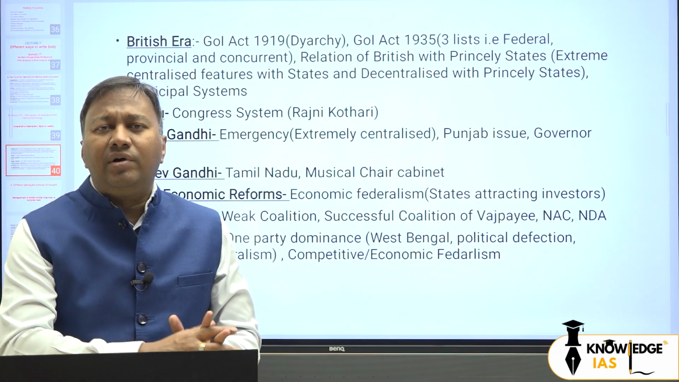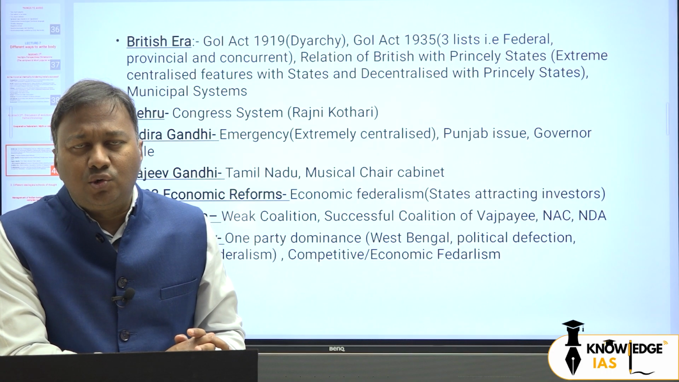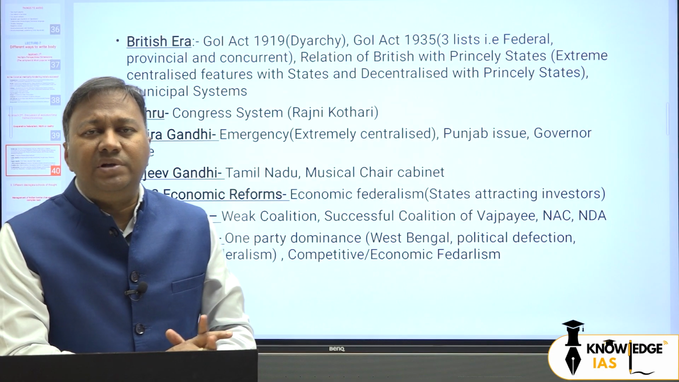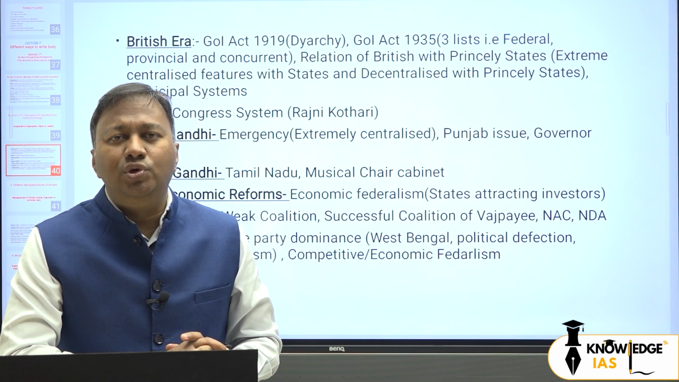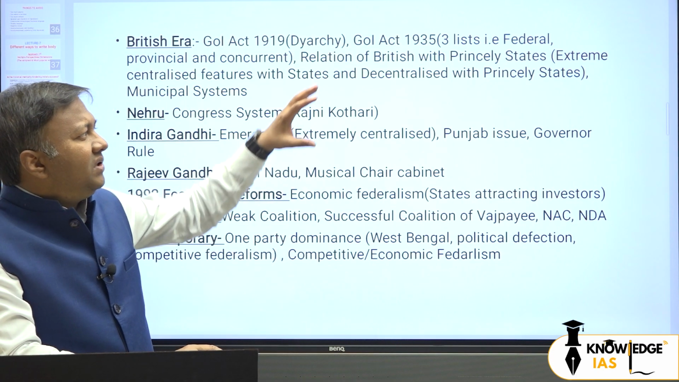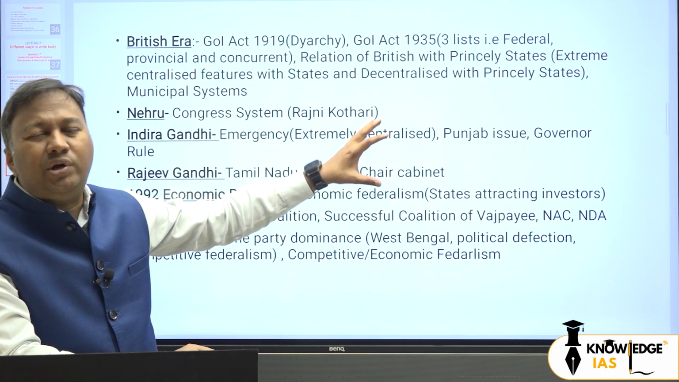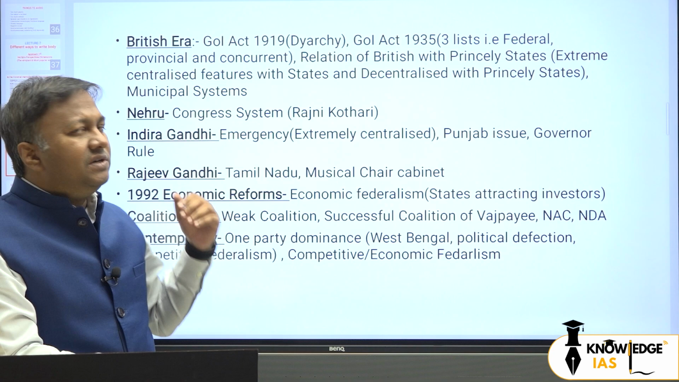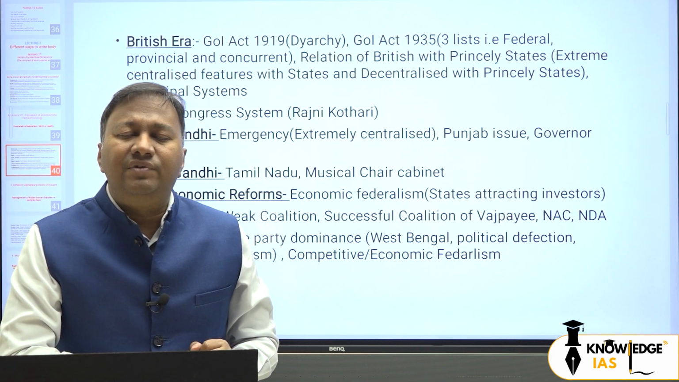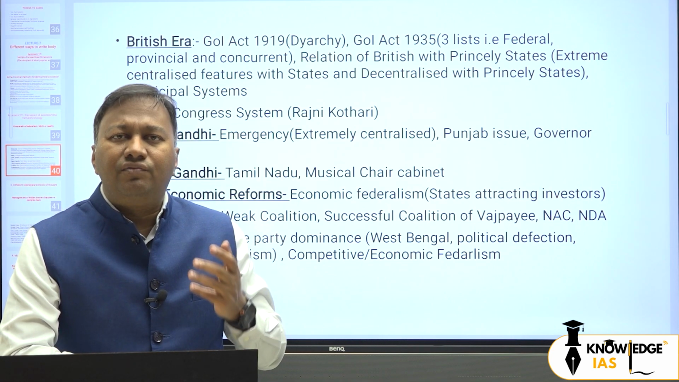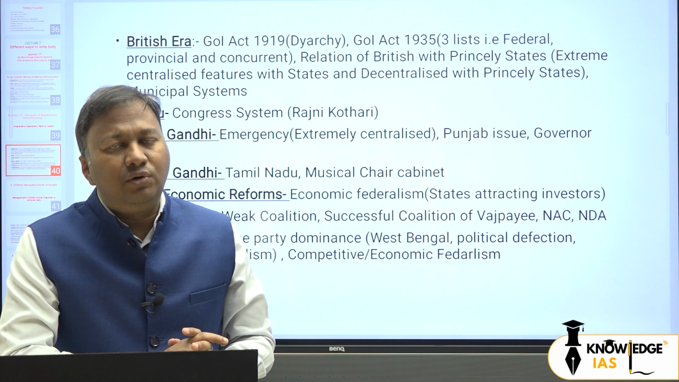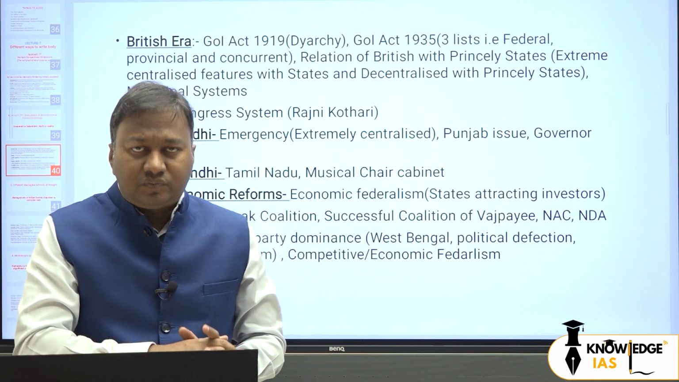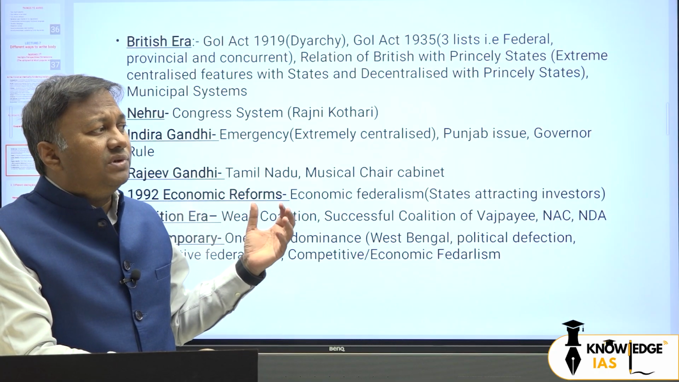Frequent governor rule, frequent imposition of president rule was seen during Indira Gandhi government. Relation with Punjab is a very prominent one, Operation Blue Star and all. So after British and after Nehru, you can discuss Indira Gandhi period. Then you can discuss Rajiv Gandhi period. So it was believed that Rajiv Gandhi will bring a good cooperative federalism model, but again it was failed. Rajiv Gandhi also introduced a centralized system because he was very insecure